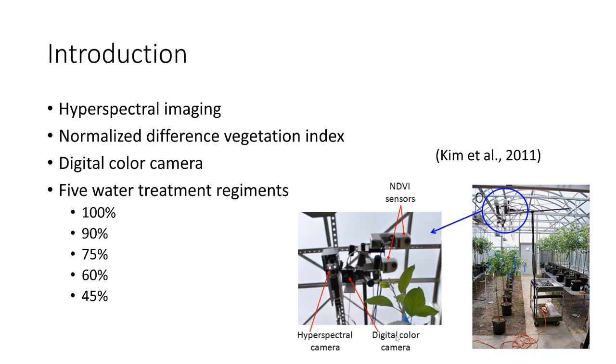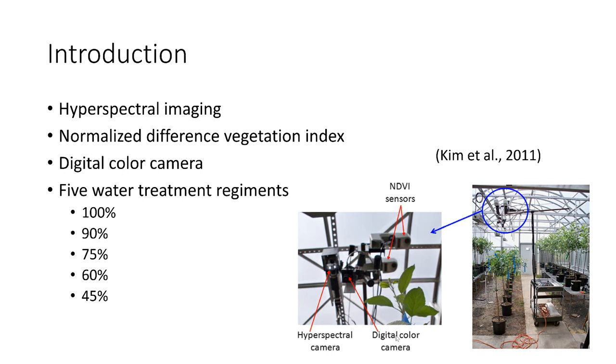They used hyperspectral imaging, NDVI or normalized difference vegetation index. That's a measurement of the reflection of near infrared light minus red light divided by the sum of those two, and that gives the value between 0 and 1 for vegetation. So healthy vegetation will reflect more of that near infrared light, absorb more red light, giving a value that's closer to 1. Then they used a digital camera to